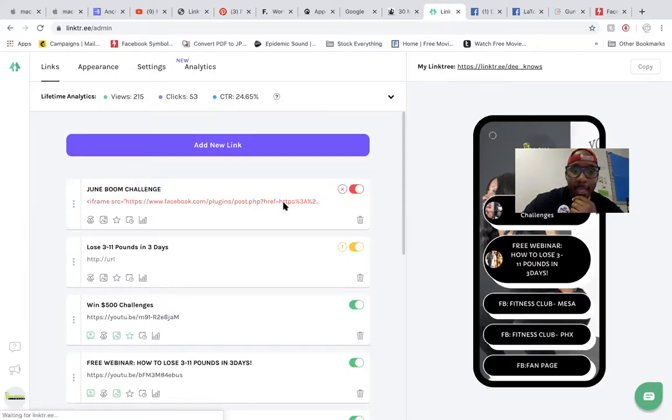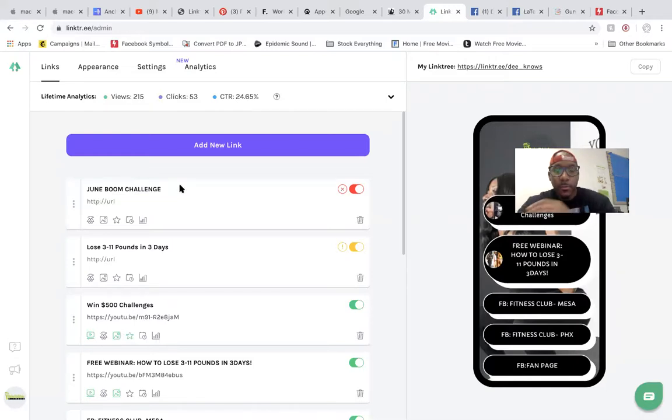Okay. So it doesn't like that link, right? So you might get this. This is cool that we're doing this. So you're like, all right, cool. You don't like the embedment in here? Cool, no problem. So what we're going to do is get this bad boy out of here. And I'm going to show you a better way that you can do it. Boom. So I would say June Boom Challenge post, because what I'm going to do is just put the entire